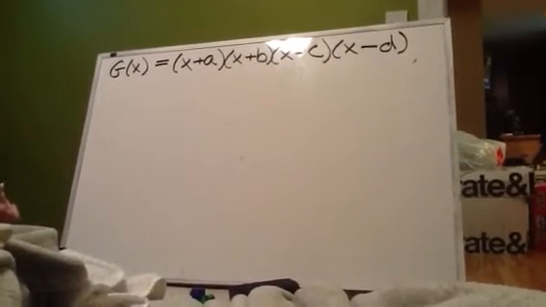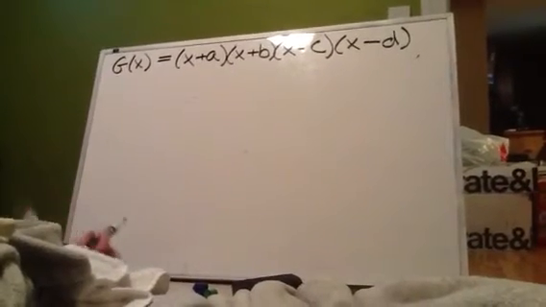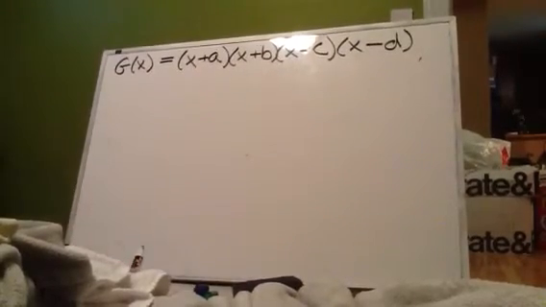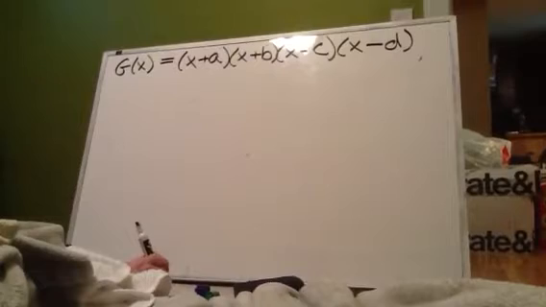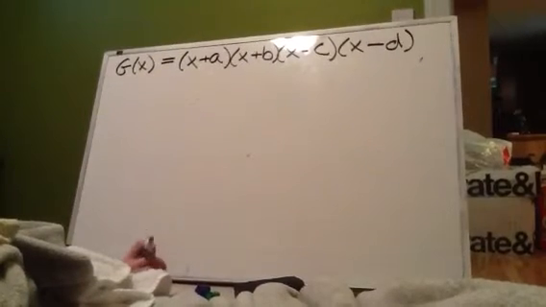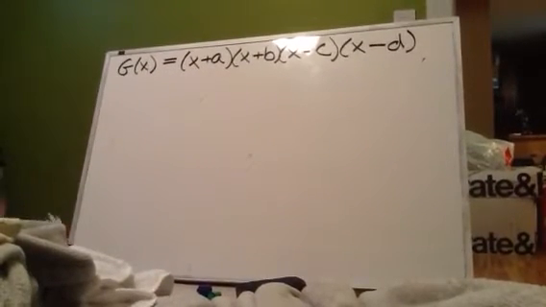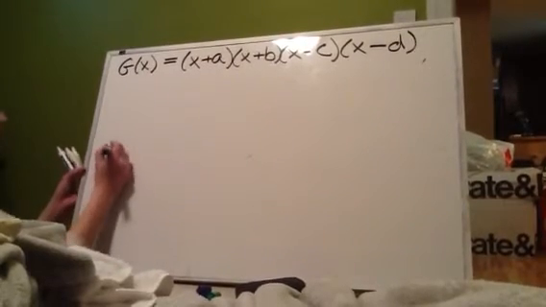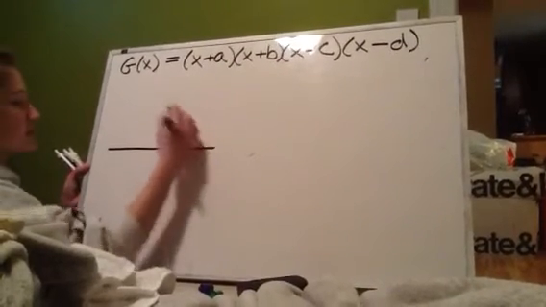Here we have a fourth degree polynomial. We know it's fourth degree because there are 4 linear factors. Now, there are no numerical values in this polynomial, but I can still tell a lot about what the function might look like. For example, if I wanted to graph this function,